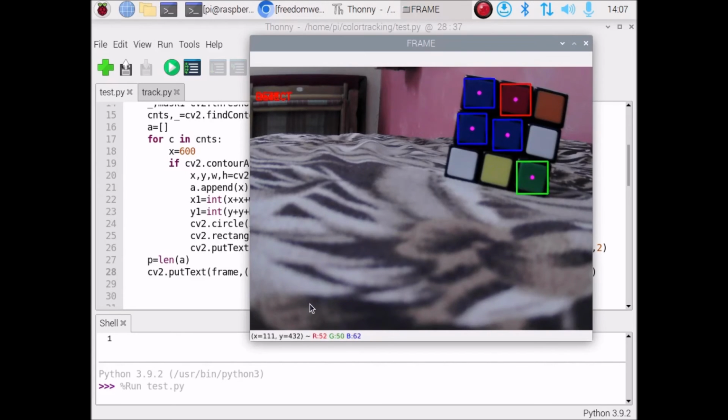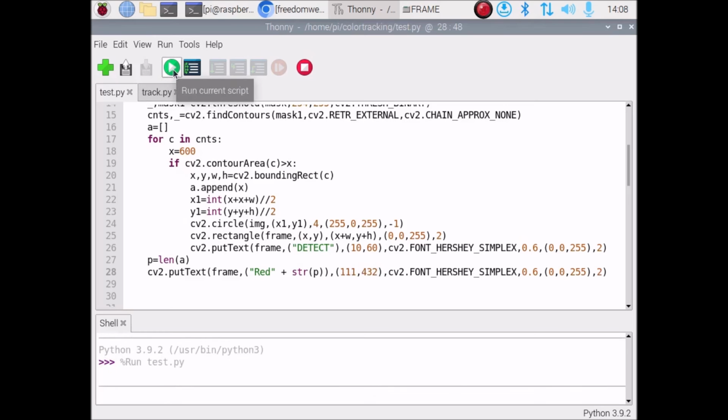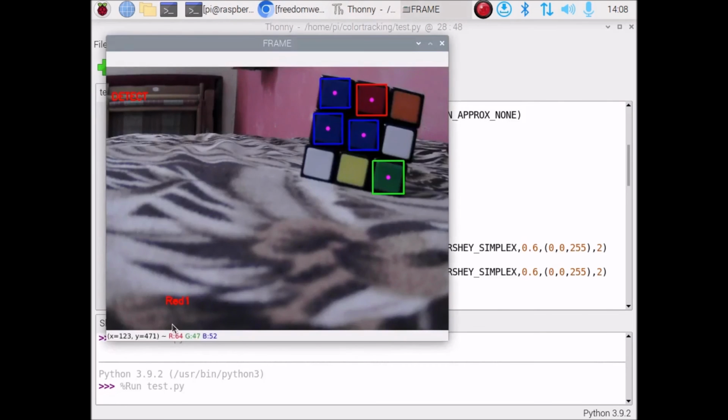So let's say here. Okay, so X is 111 and Y is 432. Simple. So if I save the code and run the code,